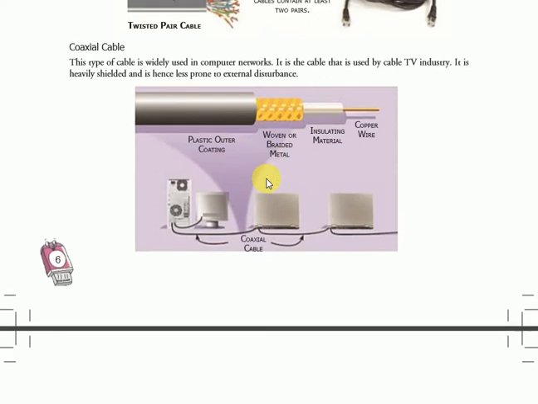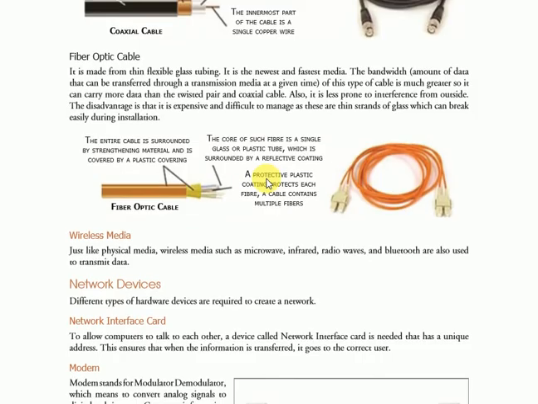So today we will read about fiber optic cable. Fiber optic cable is made from thin flexible glass tubing. It is the newest and fastest media. The bandwidth, the amount of data that can be transferred through a transmission media at a given time,